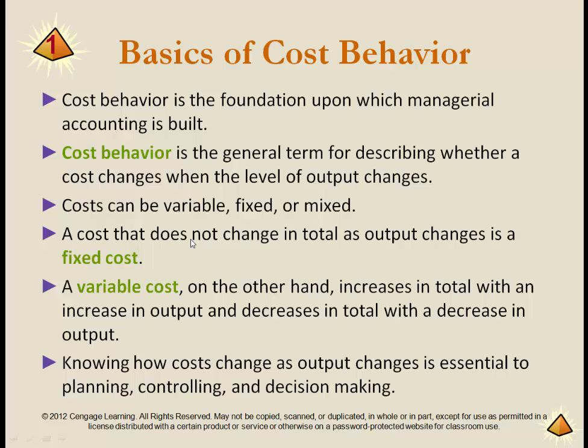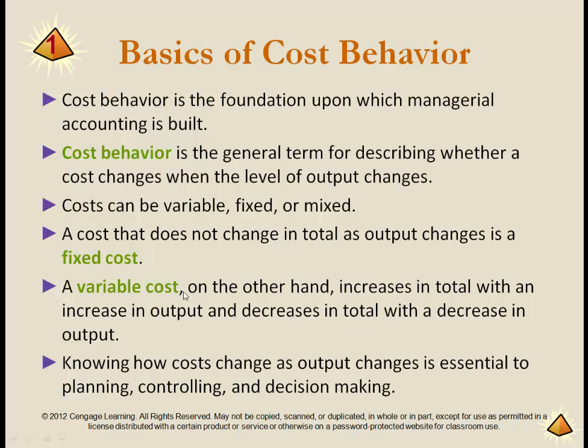A fixed cost doesn't change no matter the amount of output. Look at that like, say, a supervisor's salary or depreciation expense or property taxes. No matter what happens, it does not change, irrespective of the volume of output that an organization has. Remember, one thing you might think about is that's an awful lot like manufacturing overhead that we discussed in the last section. Variable cost increases as total output increases and decreases